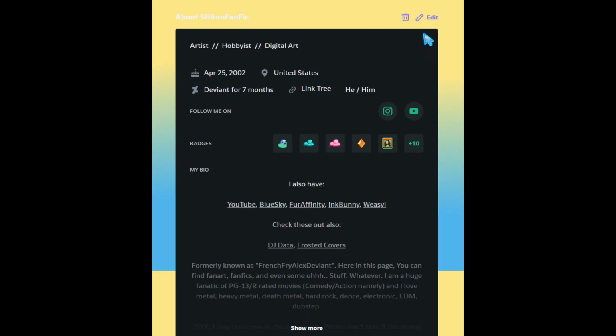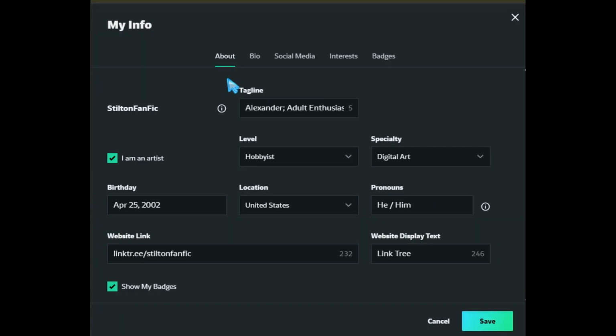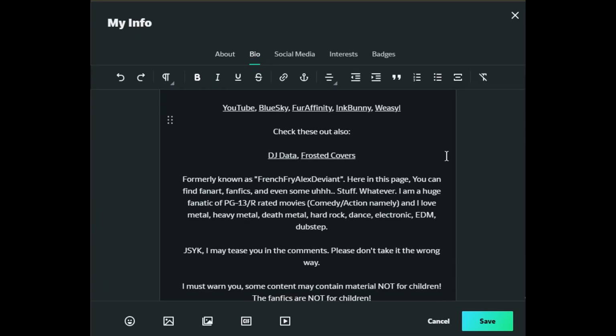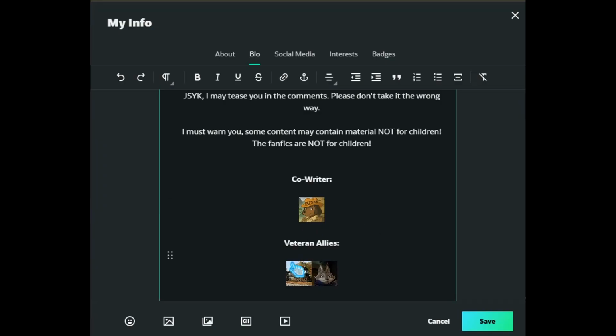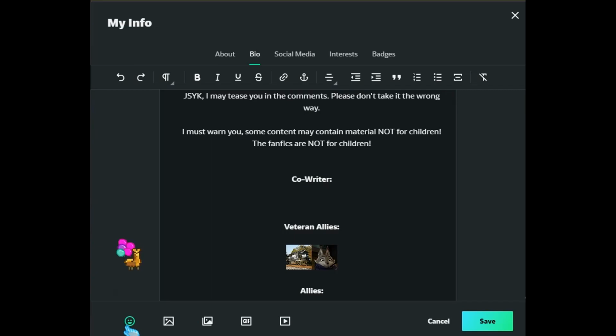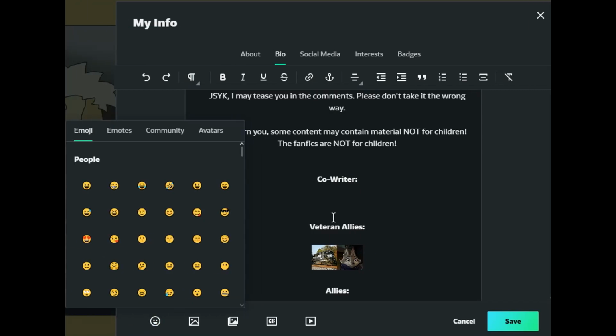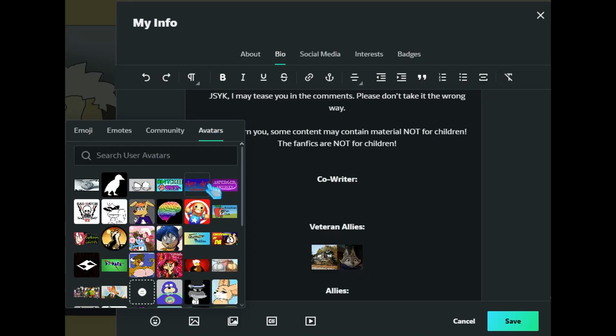What you need to do is click on edit in your about section, and after you click edit, you go to bio. Scroll down to wherever you want to add it, I already did it myself, and click there until it blinks. Then click on Add Emote, and go to the Avatars tab, and find